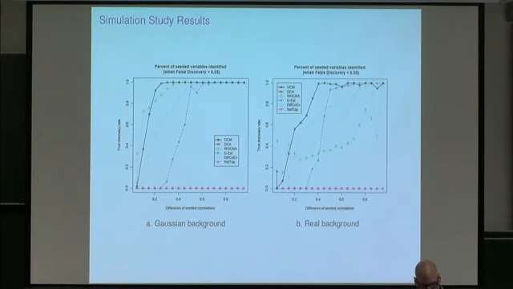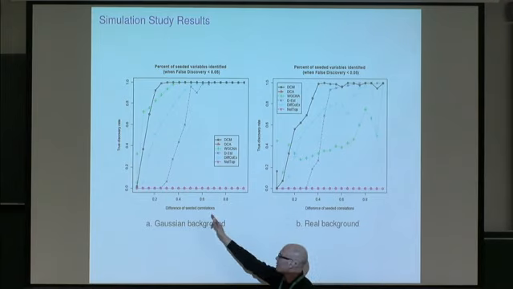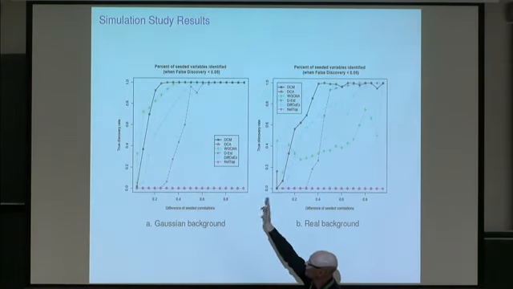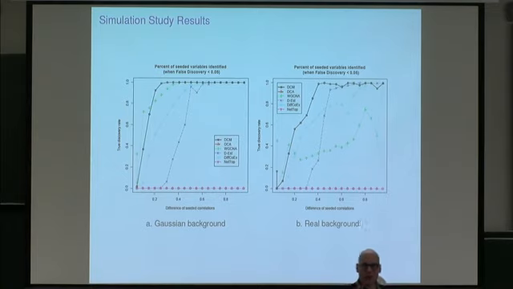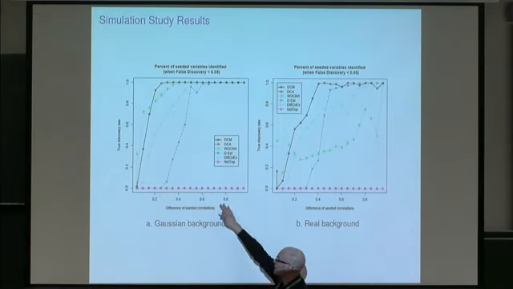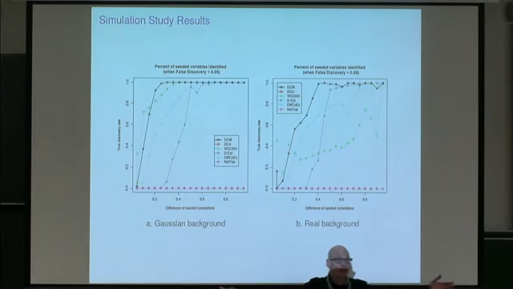Just don't ask me about this, I forget how that happened. But over here, what we see is that WGCNA, the clustering-based method, works pretty well. It beats us. These are correlation differences, so it's kind of signal strength. We've got signal strength along the x-axis and discovery, modulo not having too many false discoveries, on the y-axis. We do nicely in the case where we have a Gaussian background. Some of the methods are set to 0. That's because they're producing way too much stuff; their false discovery rate is more than 0.05, so we set them to 0.